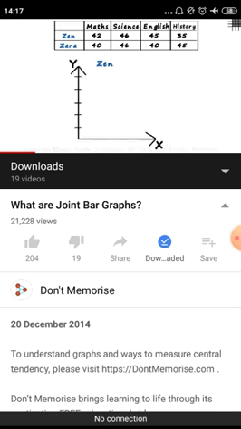First, we draw the x and the y axis. Remember, you need to draw this on an actual graph paper. Once we draw the axes, we label them. As the size of the bar will depend on the marks scored, we label the y-axis as marks and the x-axis as subject.